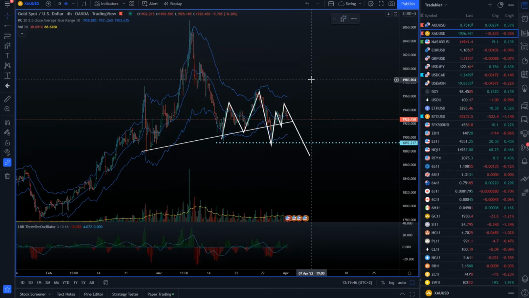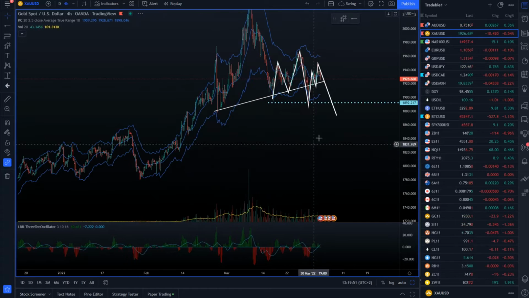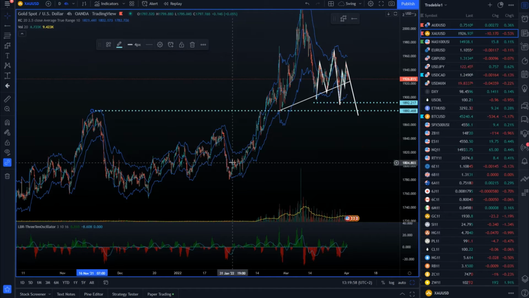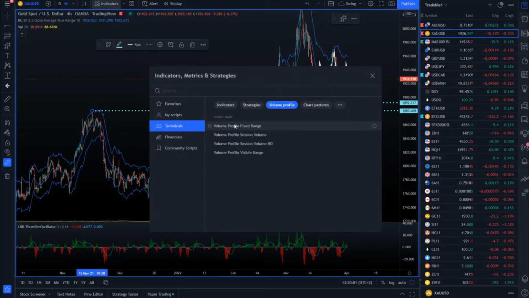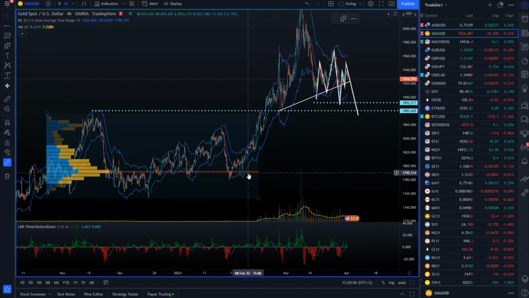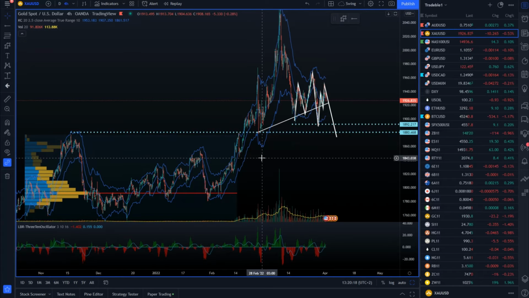If we even break this, we can confirm this head and shoulders pattern, the bigger head and shoulders pattern, and this can open the door for a much bigger drop on the gold. We also have an important pivot around 1880 level, and if we place the profile here, we can see that we have a point of control, or the fairest price in this whole area here, around 1790 level. This is in case of the bigger drop and the break of the lows here. So definitely downside opportunities are more preferable, and I like much more scenarios for the downside.